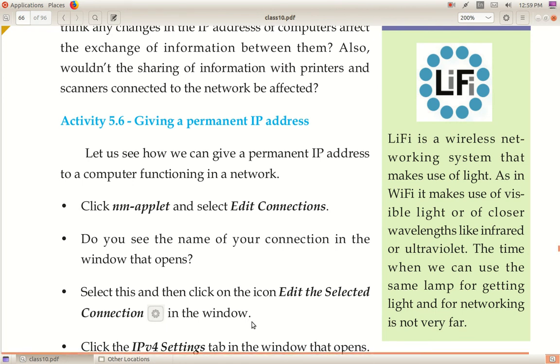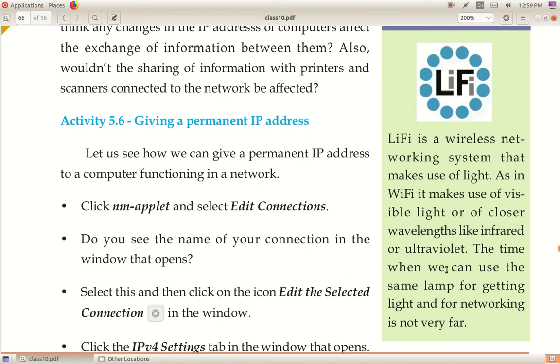That means what? It is available only inside the room. If you switch on a light inside a room, will the light be seen outside? No. It will not penetrate through the wall. They work on direct line of sight. Is it clear? It is available only inside that room. So in future we are waiting for Li-Fi, light fidelity. What is the full form? Light fidelity. Okay.